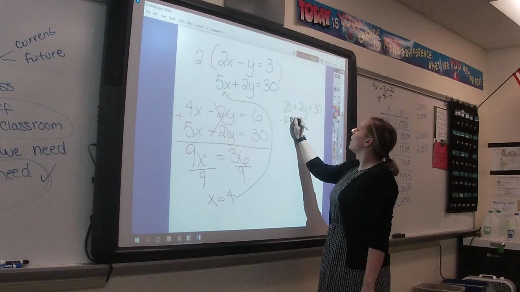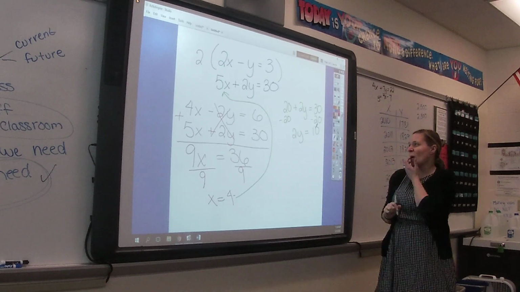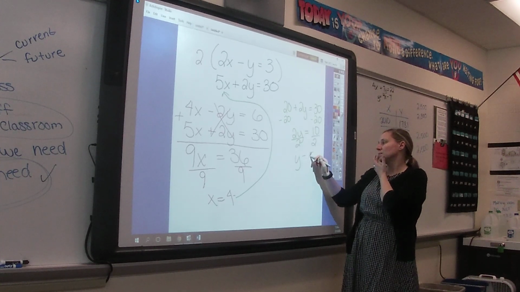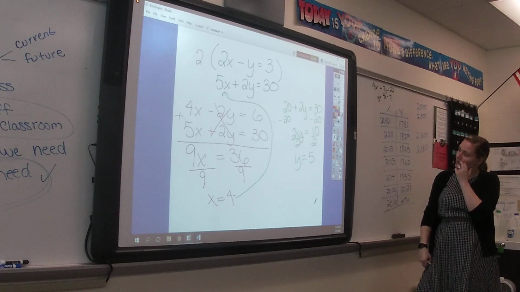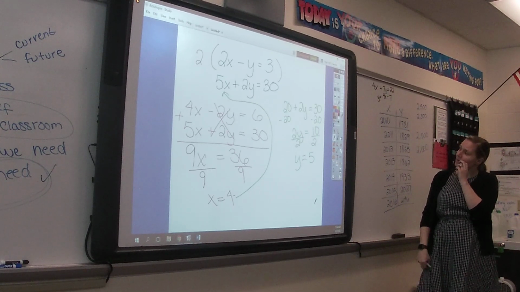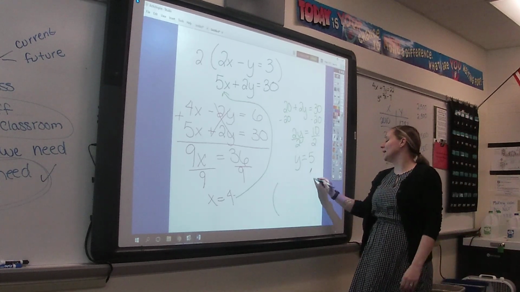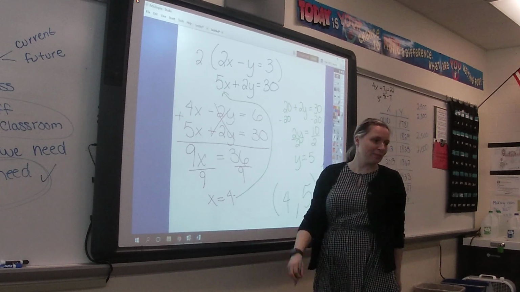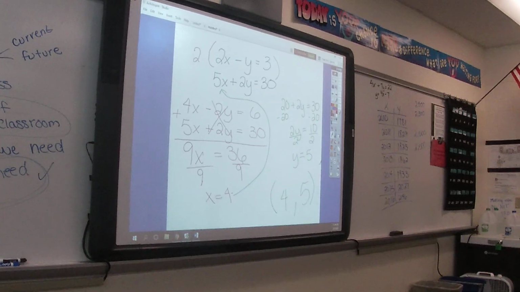Solve. It's hard for me to mess up and not put a negative if I use a negative. What's our answer as an ordered pair going to be? 4, 5. To each their own. You can plug into whatever equation you would prefer. Do you get the idea of how this works? I mean, I could stand up here and do 100 of these, but